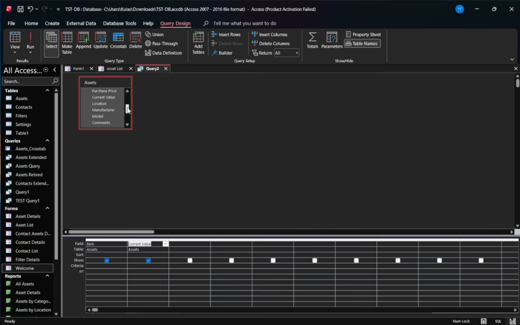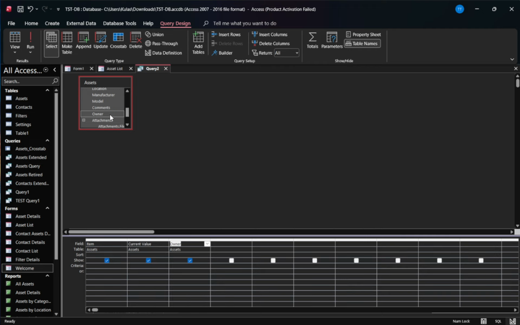Now add the fields you want to use for targeting. Double-click the fields that will help you identify the records to remove. You can add the asterisk to include all fields so they show in preview, but keep in mind, the deletion itself is determined by your criteria, not by which fields you display.